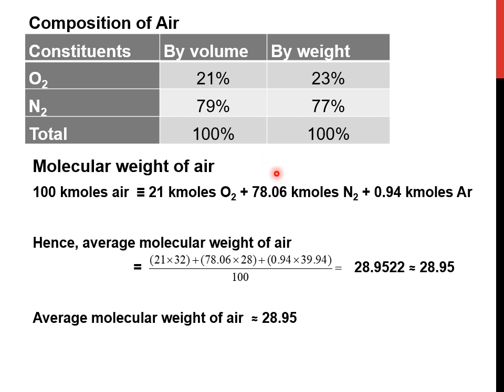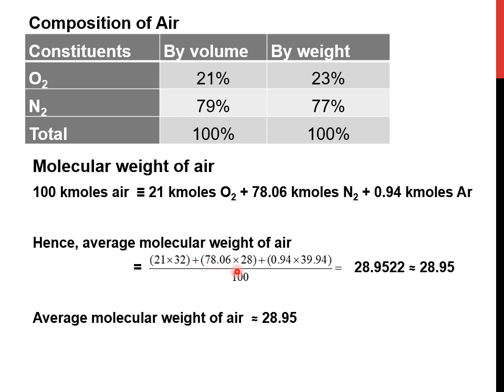Now let us calculate the average molecular weight of air. We know that 100 kilomoles of air will contain 21 kilomoles of oxygen, 78.06 kilomoles of nitrogen and 0.94 kilomoles of argon. So, the average molecular weight of air, we consider it as 21 into 32, where 21 is the 21 kilomoles of oxygen multiplied by the molecular weight of oxygen, which is 32, plus